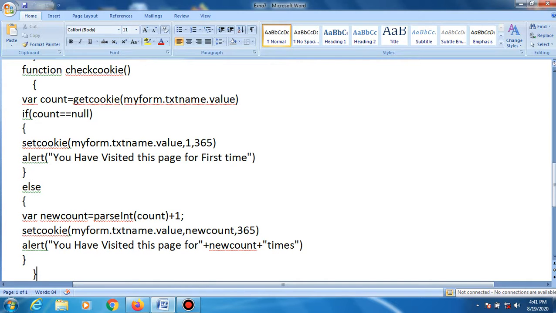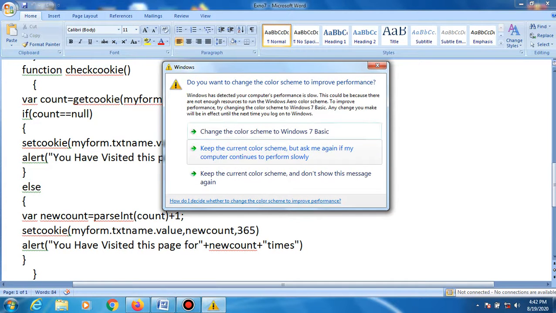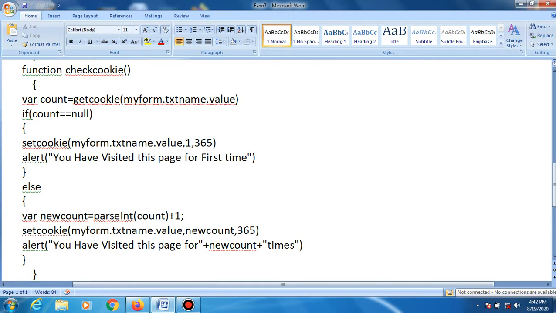setCookies(myForm.textName.value, 1, 365), alert message: you have visited this page for the first time. So when you click this page the first time, it displays you visited this page for the first time.